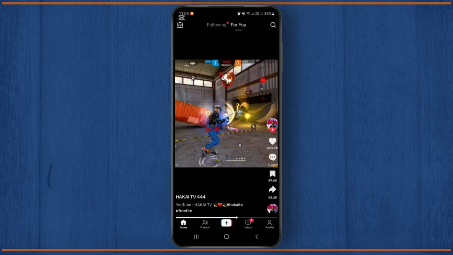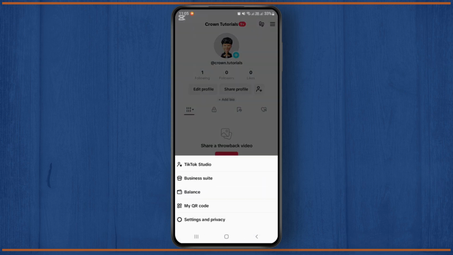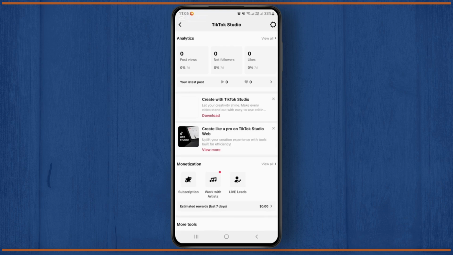Alright, so after you open TikTok, you will get such an interface. From here, you'll have to tap on your profile icon at the bottom right corner of the screen. Simply tap on it, and now from here go with the three-line option at the top right corner of the screen. From here go with the option TikTok Studio, and now from here, if you are